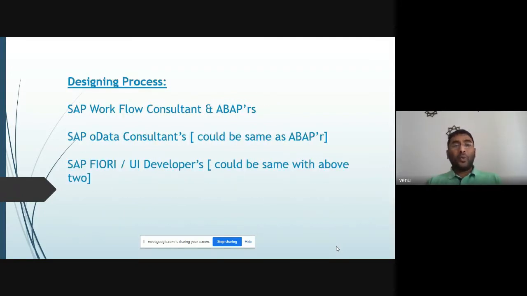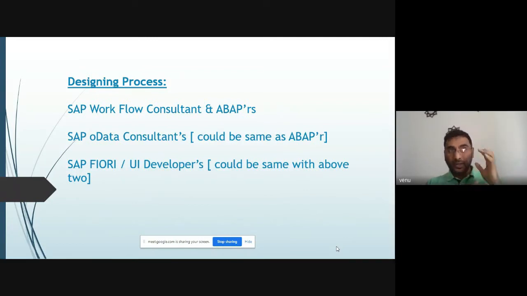Now, which consultants and people are involved in all these activities? Normally a workflow consultant is required to design the workflow, an ABAP consultant to develop all the ABAP objects, and likewise an OData consultant.